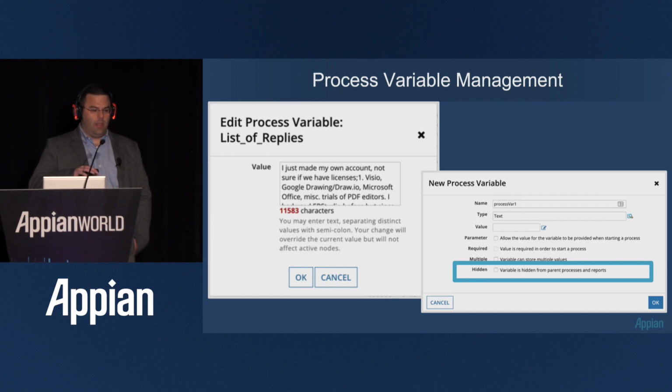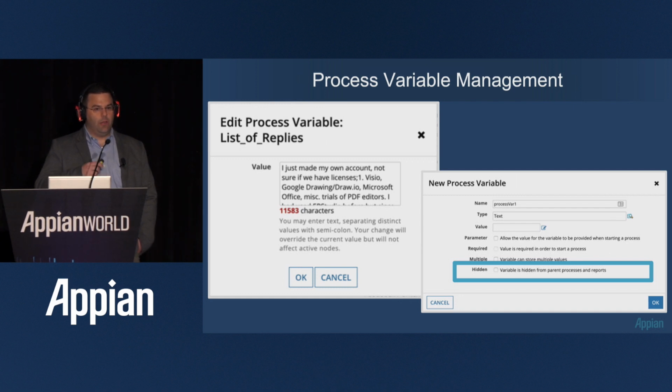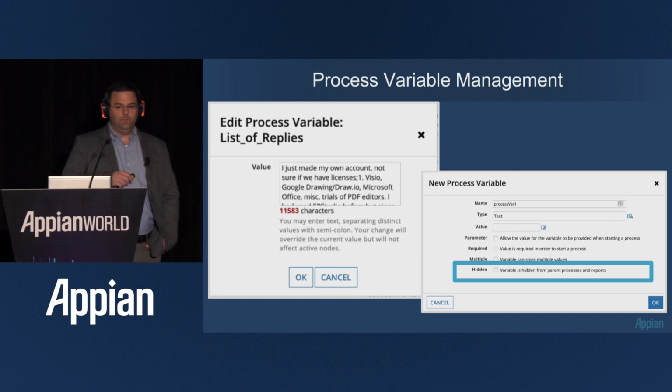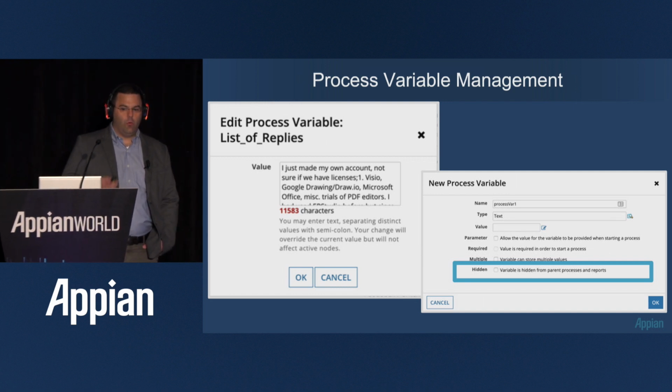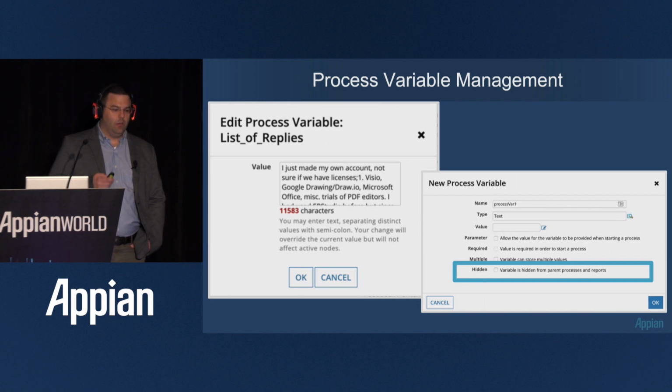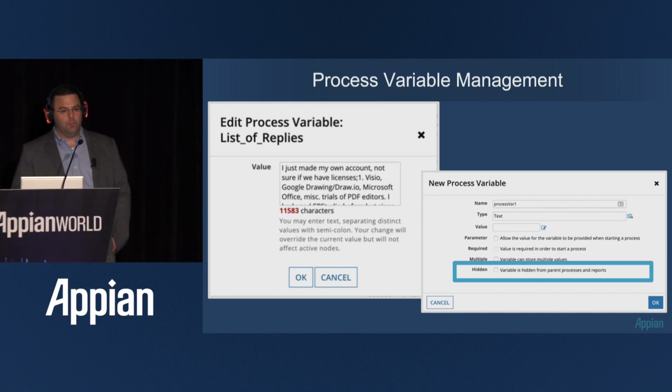Process variables and all processes in general are stored in memory so that we have very fast access for reporting. The downside of that, though, is that it's in memory. So you have to manage that, and you can't store everything you might possibly want to store in memory all the time because you'll run out. So there are some tricks that we have that can lower the used memory without compromising on your